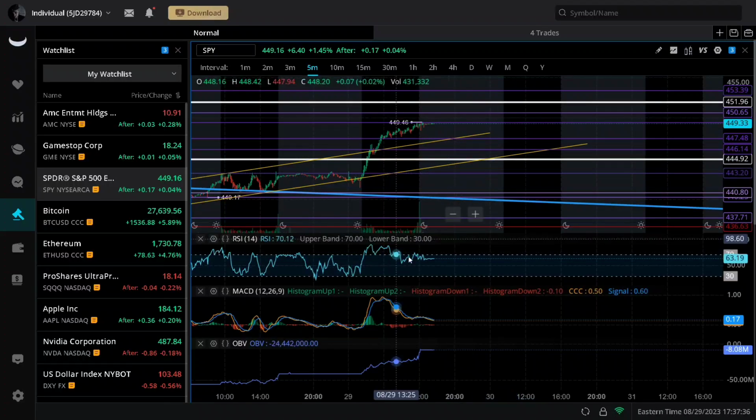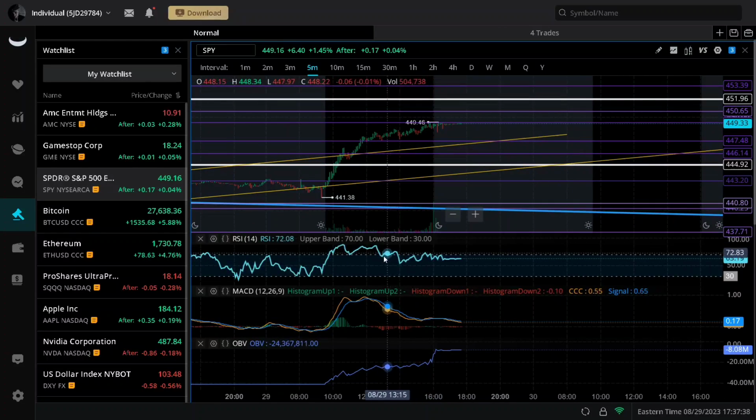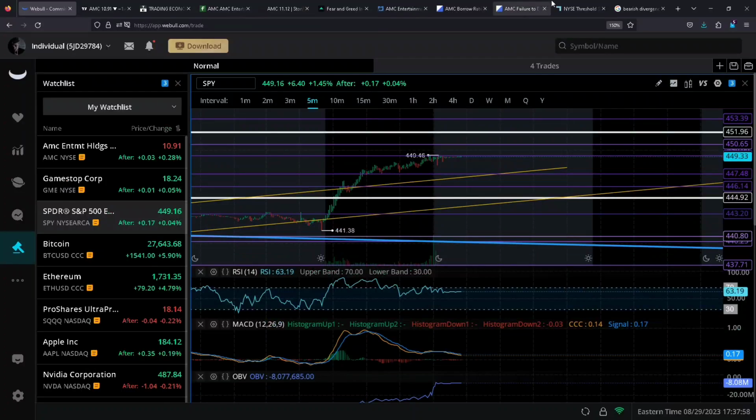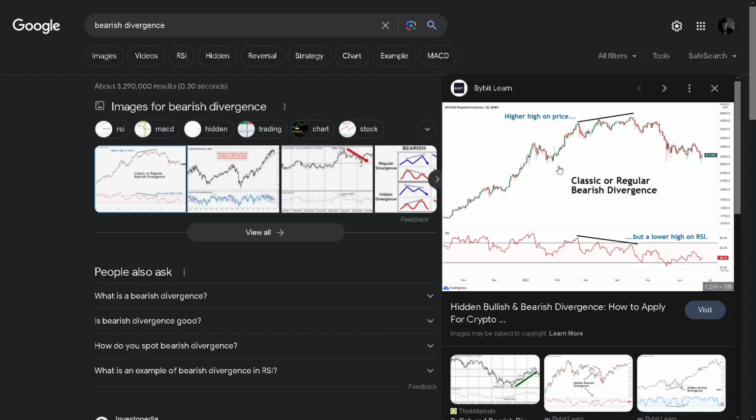So the first thing I want to point out is SPY. Right now, we can see an unhealthy rally. This is an unhealthy rally, and I do think this is going to be a bull trap. So this is classic bearish divergence. You can see RSI is trending to the downside. You can see lower high, lower high, lower high, lower high. It keeps getting lower and lower, while the price makes higher high, higher high, higher high, keeps getting higher and higher. That is called bearish divergence.